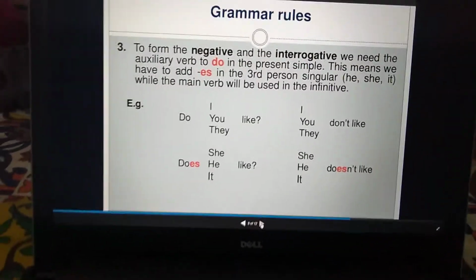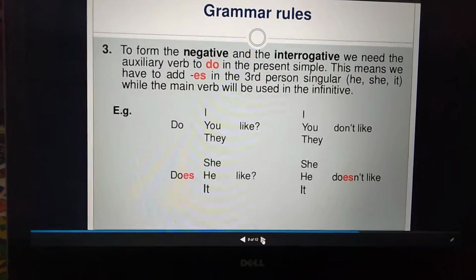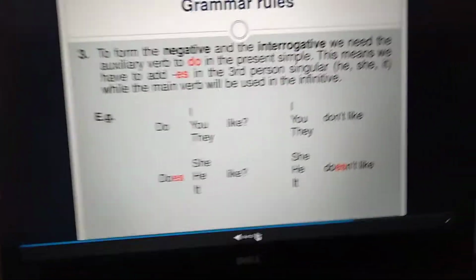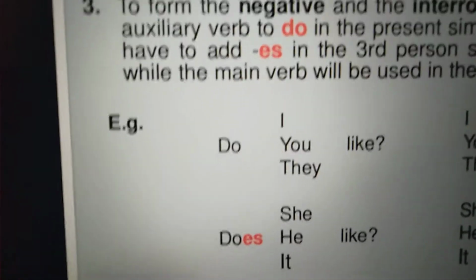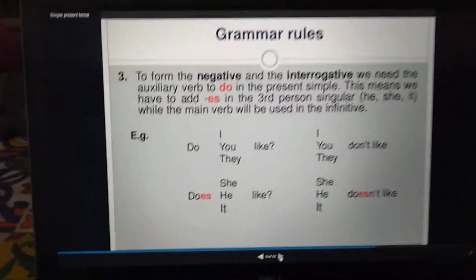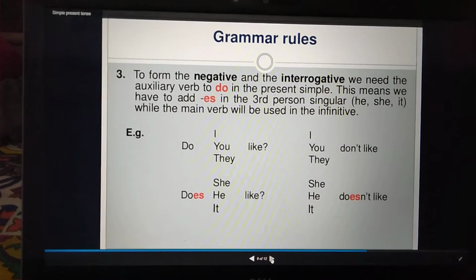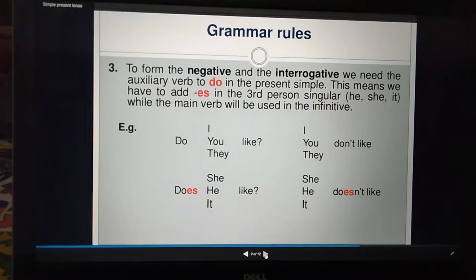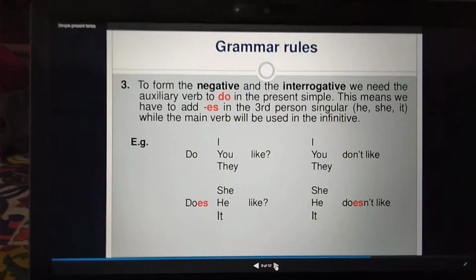Okay. Now, bache, how to form the negative and interrogative from these sentences? Clear? Acha, in present indefinite tense, we have two helping verbs. Clear, bache? We have two helping verbs. What are they? They are do and does. Clear? Do is used with the plural and does is used with the singular. Clear, bache? But we have an exception. With the first person pronoun I, do is also used, although it's singular, and with the second person pronoun you, do is also used, although it's singular. Otherwise